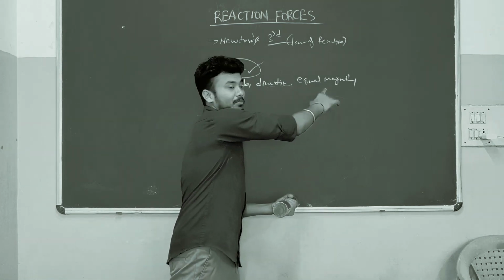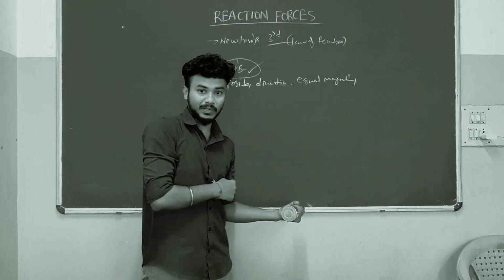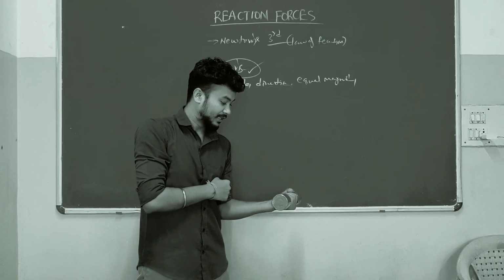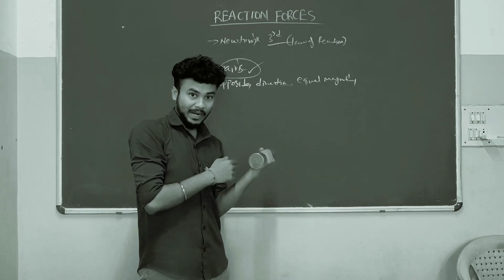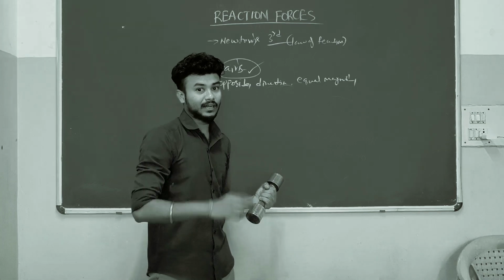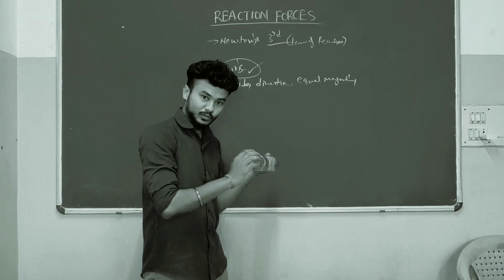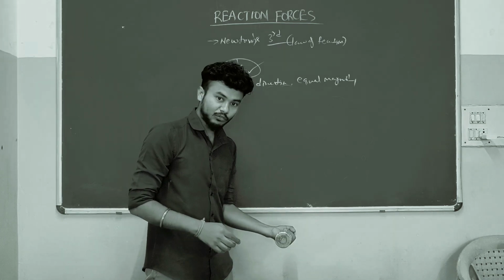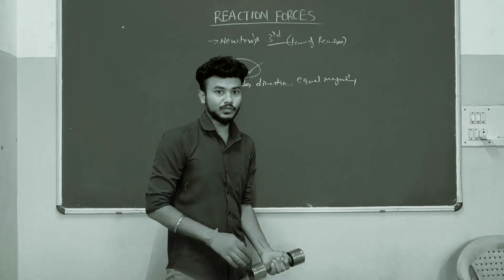Suppose here equal magnitude. What if it changes? If my biceps produce more magnitude, then the object has to move in my direction. This is Newton's second law of acceleration. If it is going downward because of the dumbbell weight, that is also Newton's second law.